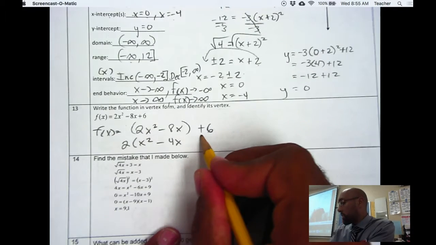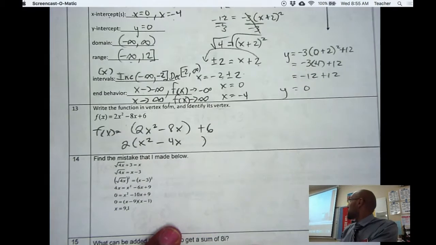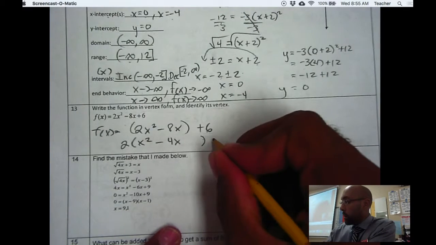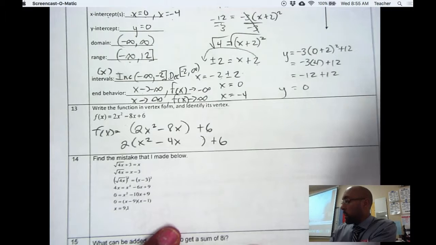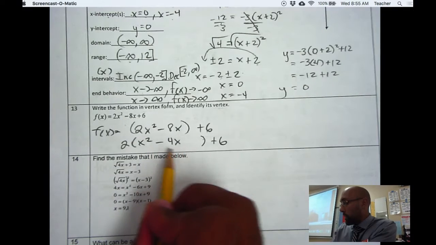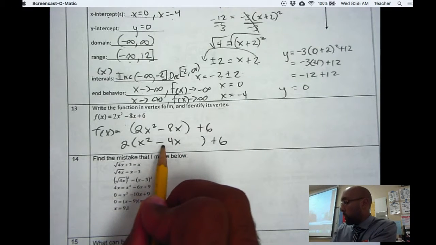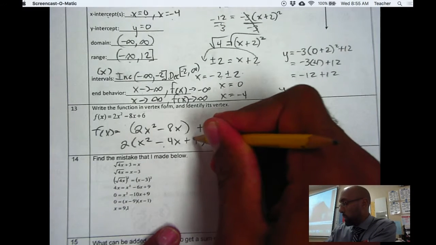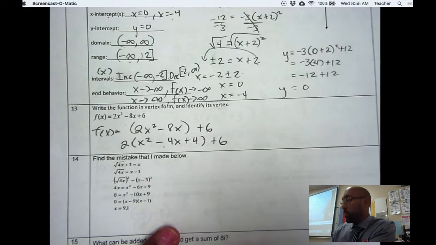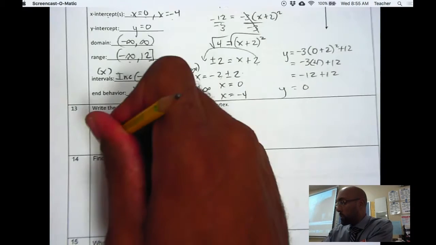Now what I'm going to do is leave space in here because I'm going to use the complete the square method to complete this. Then I'm going to put plus 6 here. So first on the inside we want to complete the square. Half of negative 4 is negative 2. Negative 2 squared is plus 4. Okay, so here's the deal. In order to balance this equation,